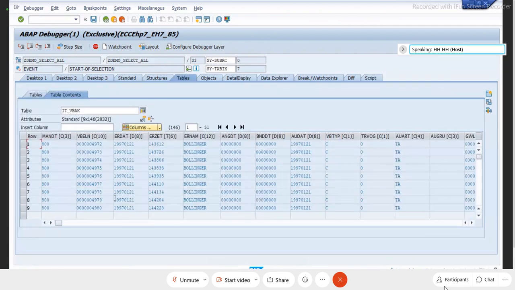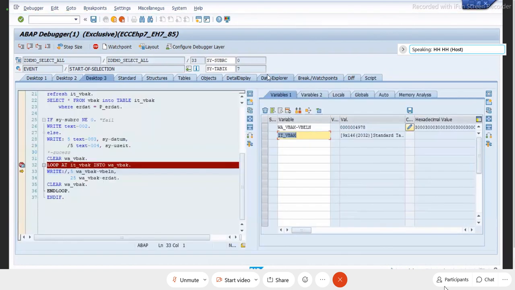Sir, how can you find it? There is one more variable also: sy hyphen tabix, you can see. sy-tabix is the variable which holds the current running processing record number from your internal table. So here I have a total of 9 records. My current processing record number is 7. So your sy-tabix is also 7, you can see. Once the value is reached, only then it stops me. Otherwise, it will not stop, guys. Now you can analyze your program. This is how you can debug your program.